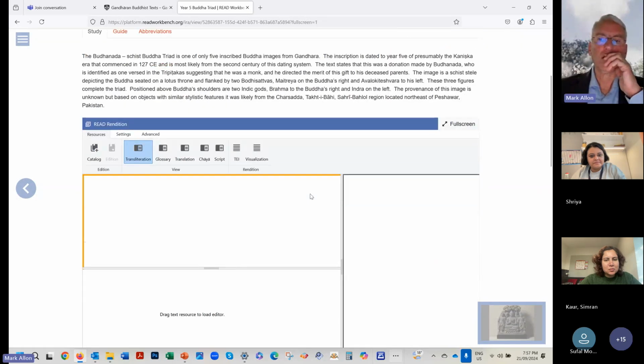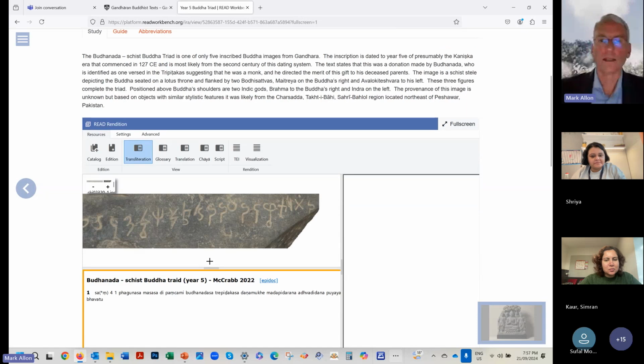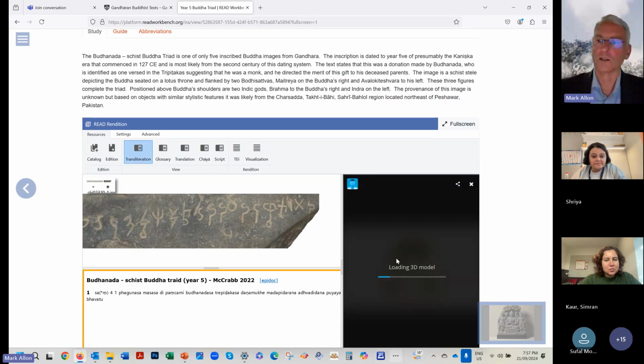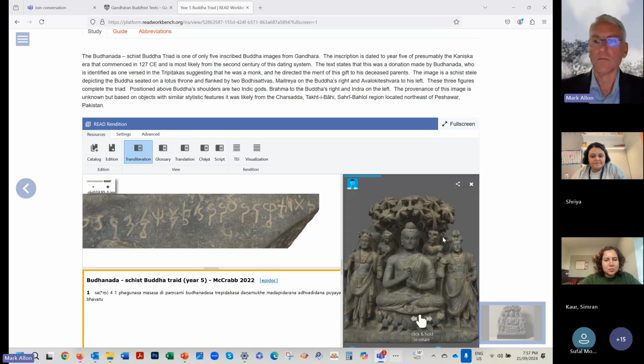The base of this object has an inscription. It's just loading now. It's a Buddha image. It was acquired recently and loaned. It's in a private collection, loaned to the Metropolitan Museum of Art.